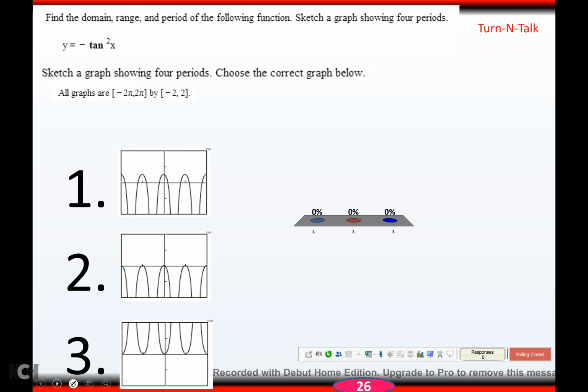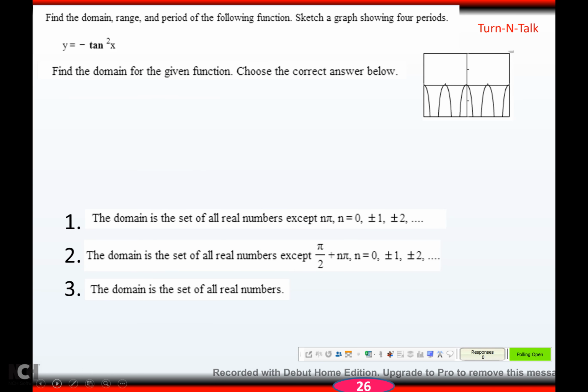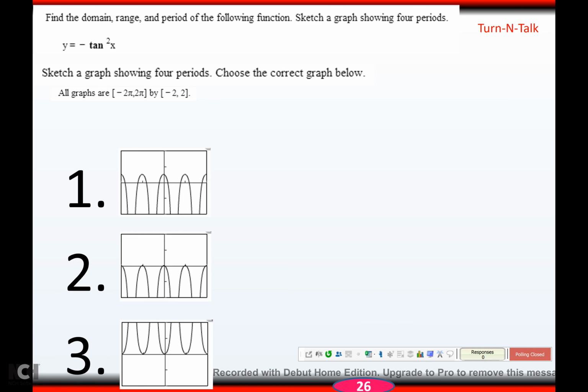And hopefully you got 2. All right, and then they didn't put it on here, but they want us to find, sorry, hold on, back up. They want us to find the domain and the range and the period. All we did was the graphs, okay? So I just typed it in and I got the graph, which was obviously number 2. Okay? So to get the domain, it's going to be all reals except,